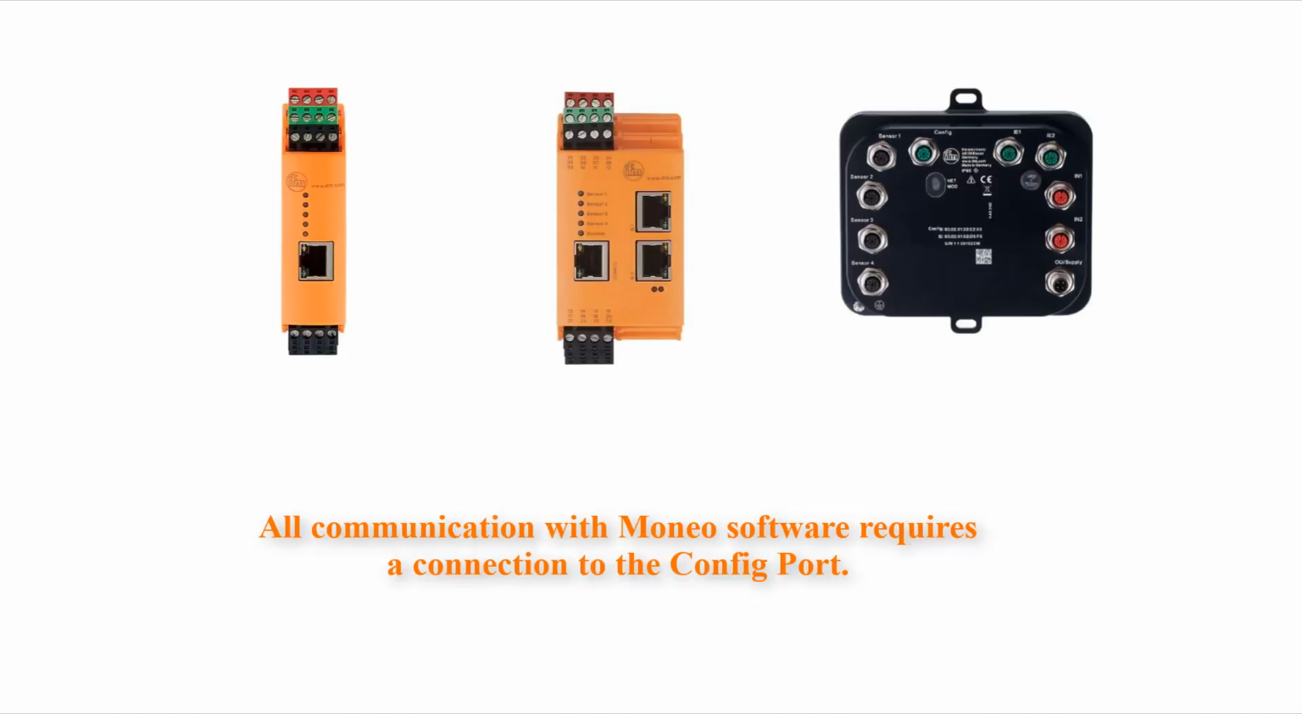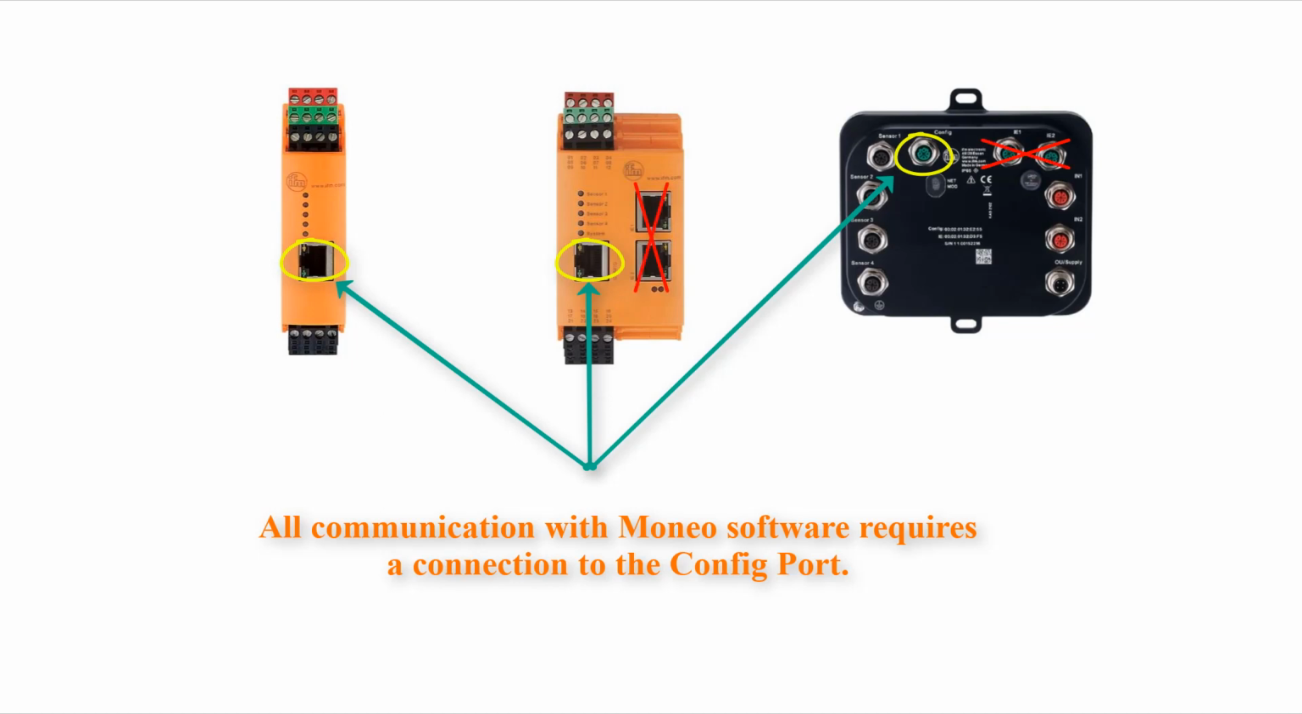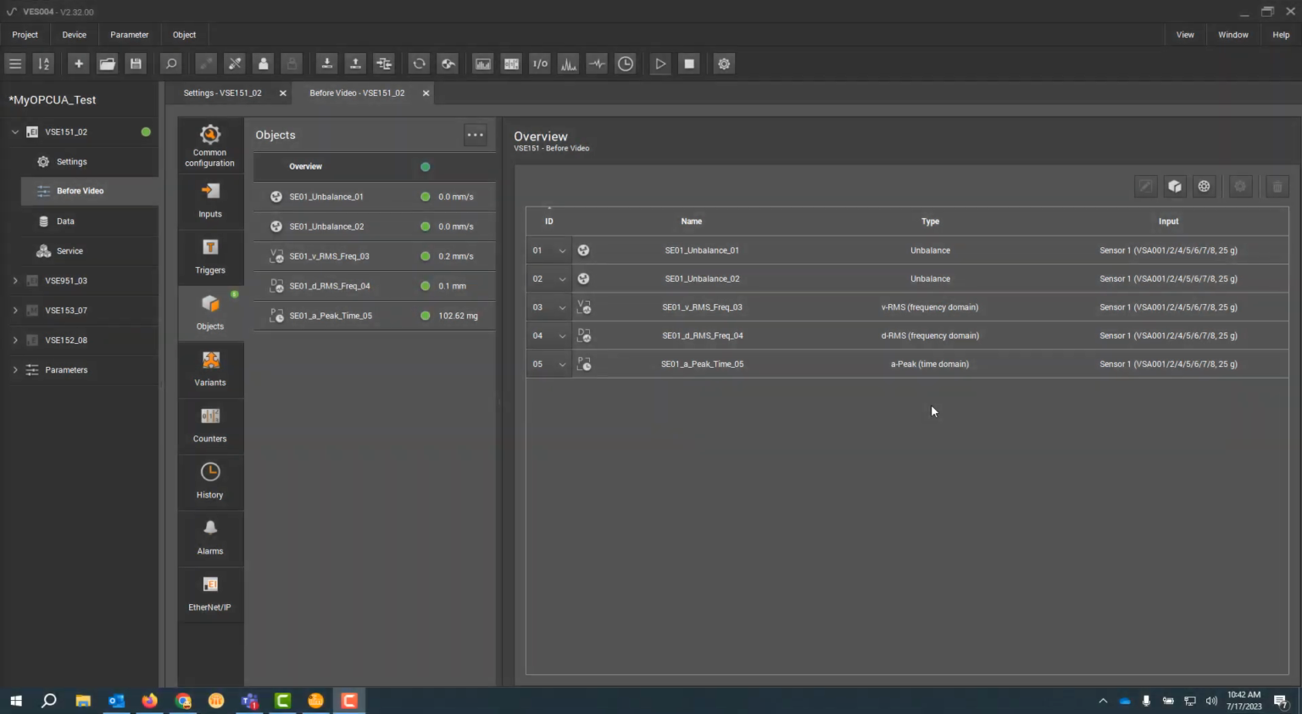Before we get started, I just wanted to make note that all communication with the Moneo software to a VSE does require a connection to the configuration port. The field bus options we have on some VSE units will not onboard to Moneo. Okay, so last thing to note is going to be the fact that the VSE hardware itself must be set